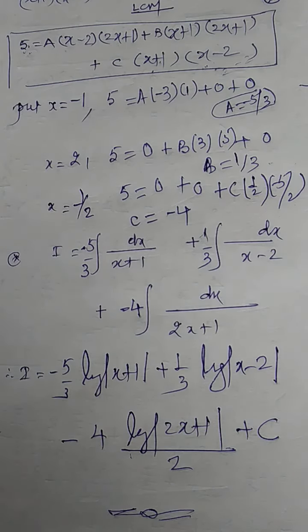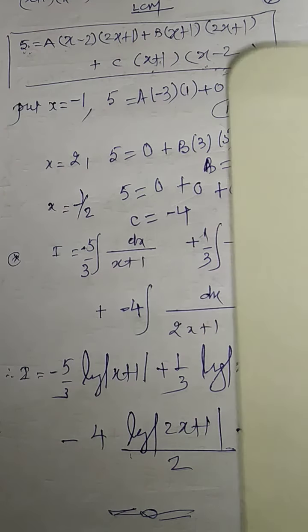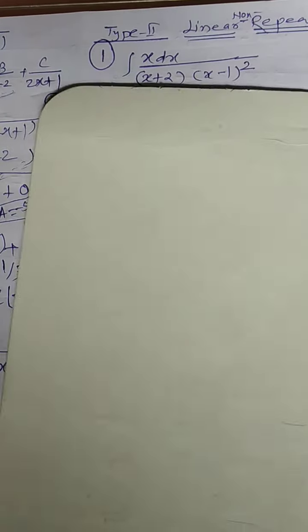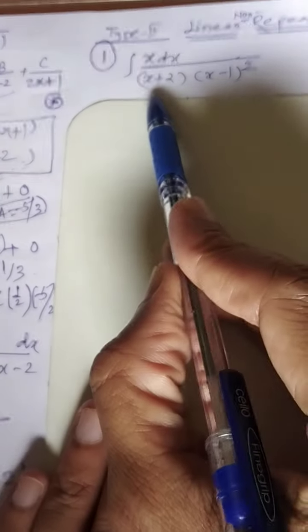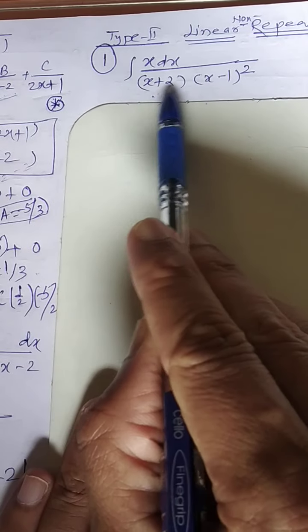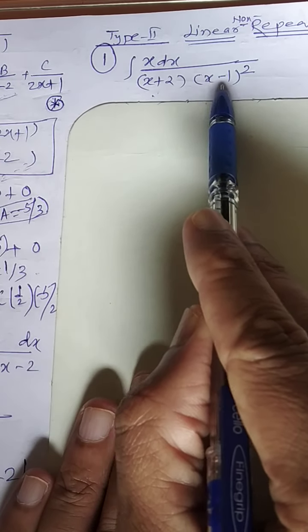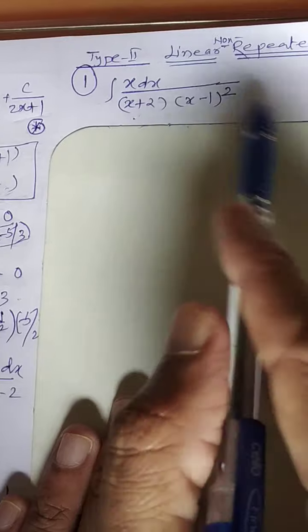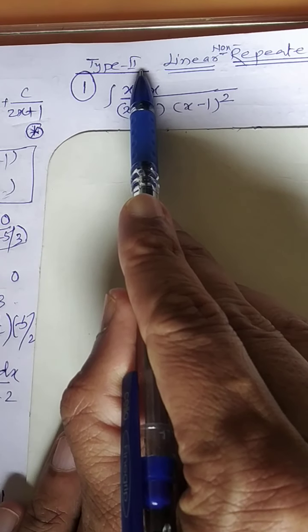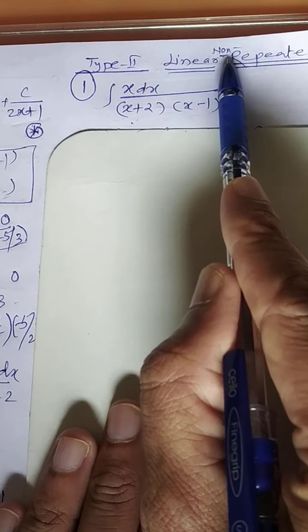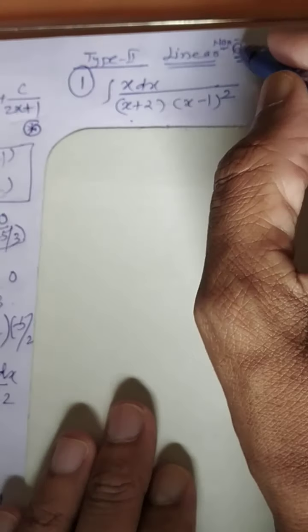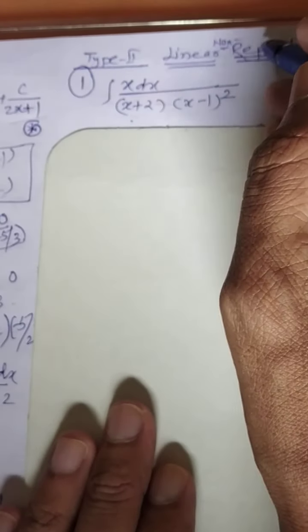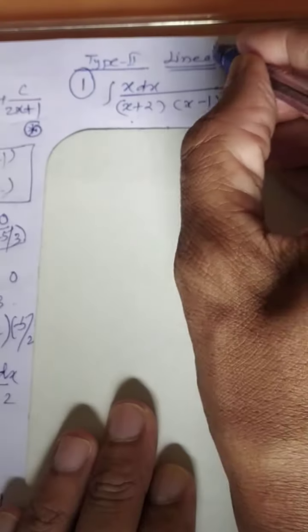So now I have explained how to answer type 1. Now what change will be there in type 2? Type 2, little change in the denominator only. Look here, in the denominator, this is also linear, this is also linear, but this linear is coming 2 times. So type number 2 you can keep in mind: linear but not non-repeated once, it will be repeated more than once. Earlier factors were non-repeated and now this factor is repeated.